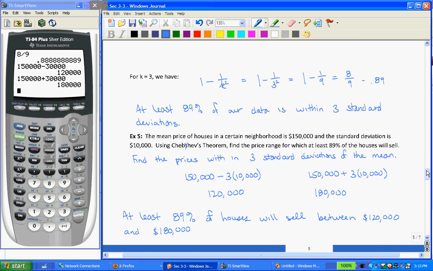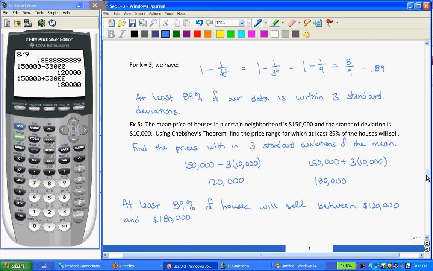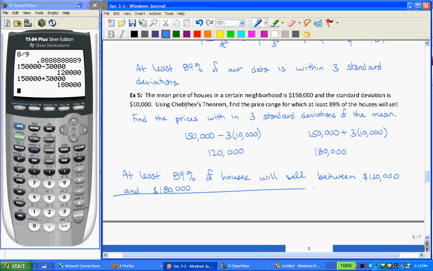If for some reason we had a different percentage here and we didn't automatically know, let me just mention this in case it comes up in a homework problem. If we didn't know what K was automatically, we could back solve to find that. So let's say I hadn't done the previous work. I would set up 1 minus 1 over K squared, set that equal to 0.89, and then solve for K. So if I were to subtract 1 from both sides, I'd have 1 over K squared equals negative 0.11, and